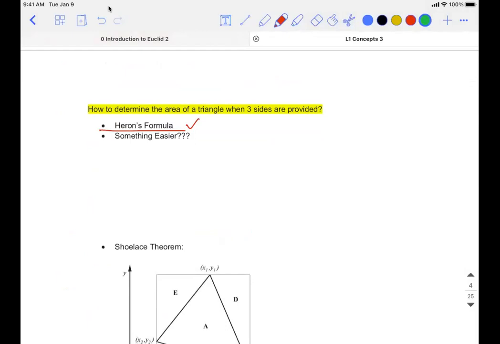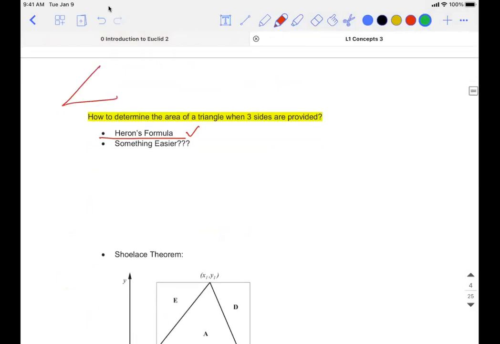So why do I have to know another way? I'll give an example. Let's say you have a triangle with three sides, something easy. Let's say, I don't know, 2, maybe 4, maybe 5, for instance. If I ask you to determine the triangle's area using Heron's formula, so easy,